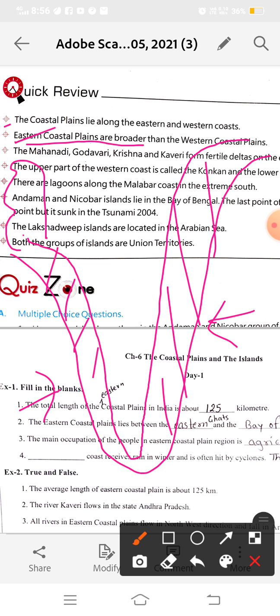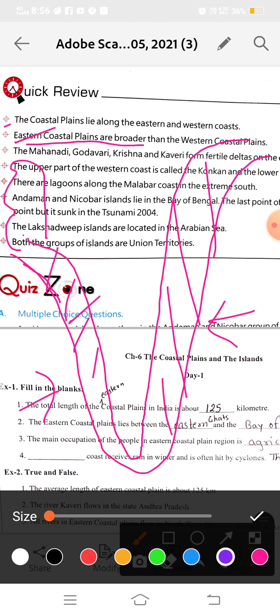It means the western coastal plains are narrow in width. The eastern coastal plains are broader in width than the western coastal plains. See here how the width of the eastern coastal plain compares with the width of